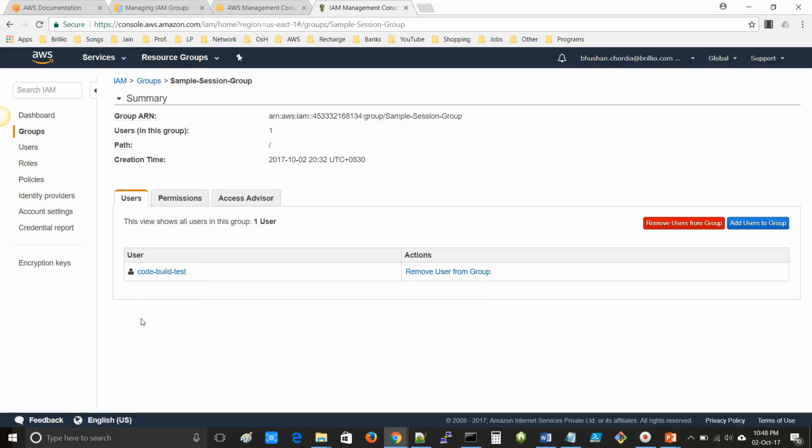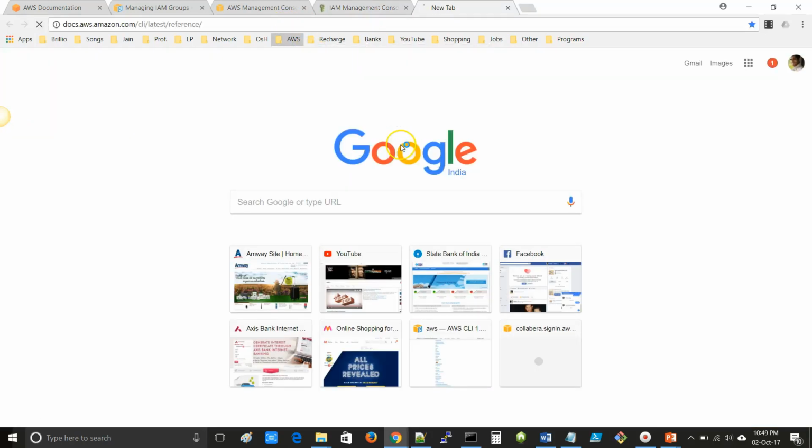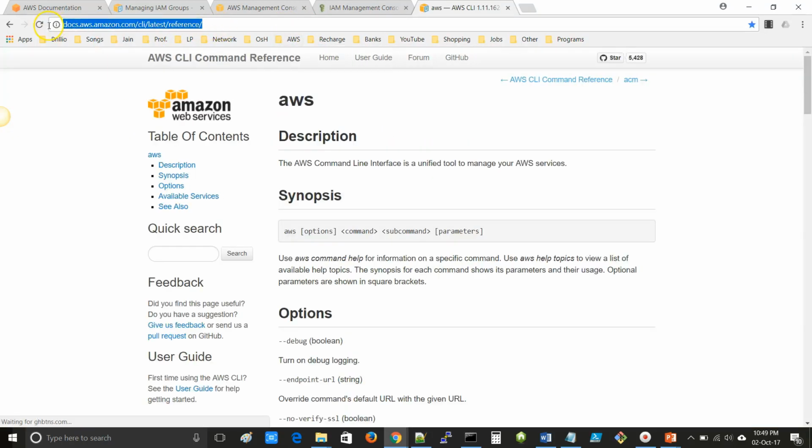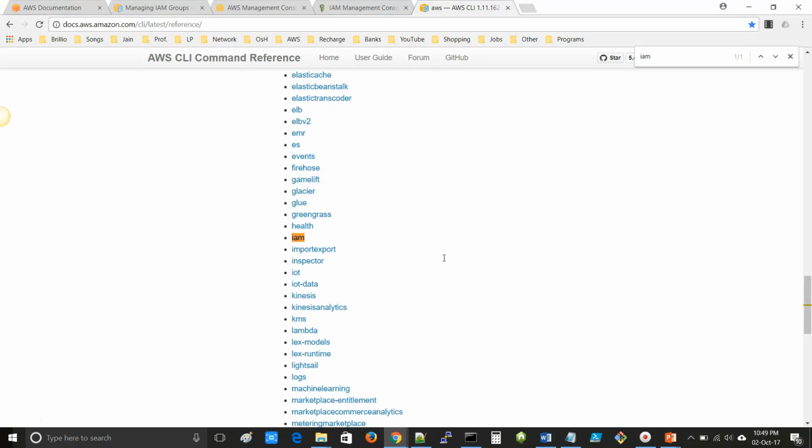Now let's see how to rename the IAM group. So you can rename the IAM group using AWS CLI. So go to this link docs.aws.amazon.com/CLI/latest/reference. Press Ctrl F and search for IAM.